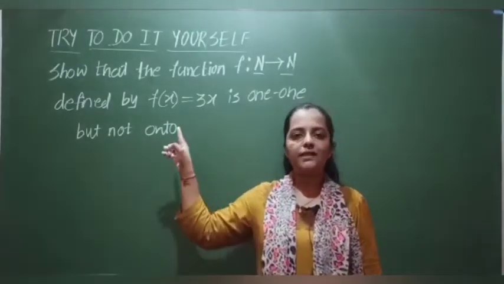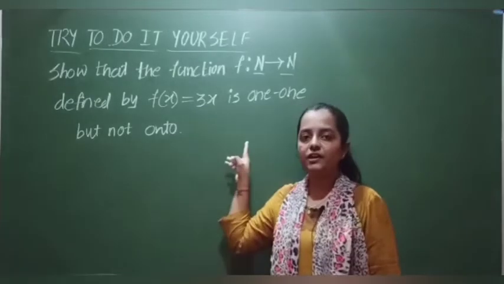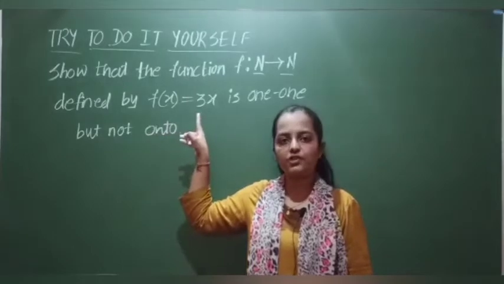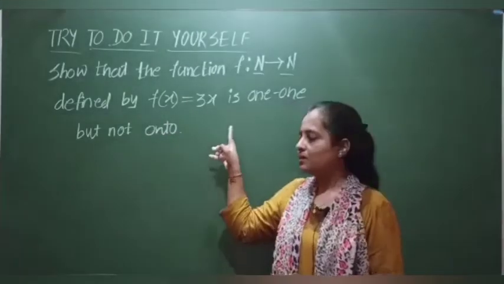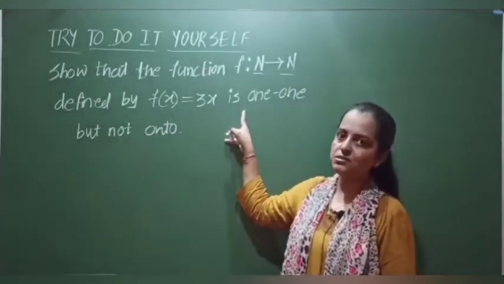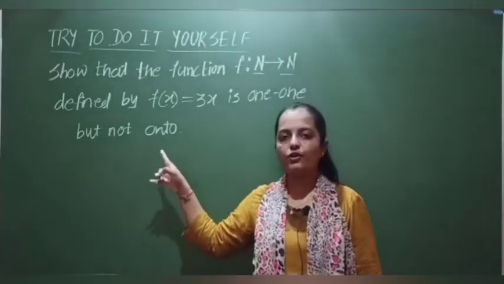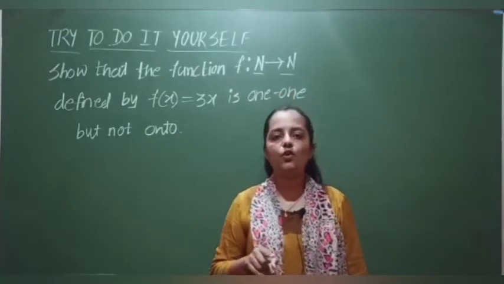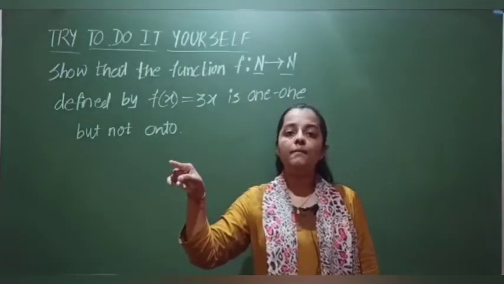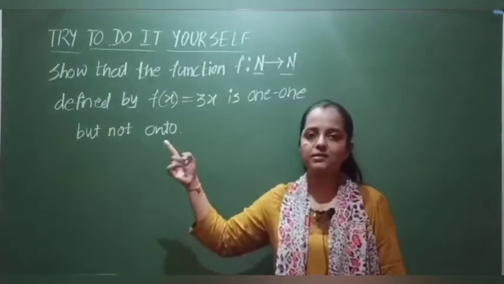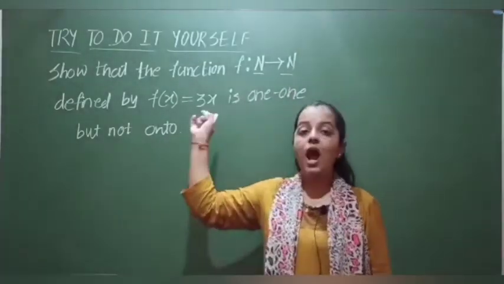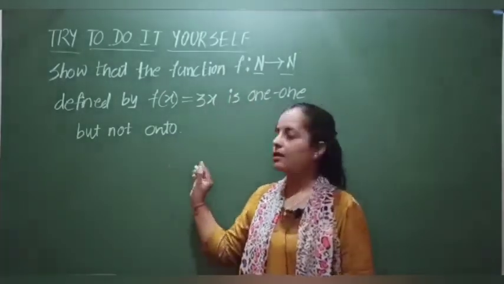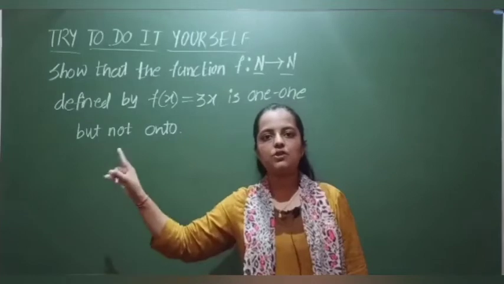How to show? All the elements in the domain are having different images in the codomain. So you have to show, taking f of x1 equal to f of x2, that x1 is equal to x2. Then we can say the function is one-one function. So this is not onto. You can take generally, let y belong to N be any arbitrary element in the codomain, there does not exist any pre-image in the domain. Or else take any one element in the codomain and prove that a pre-image for that element does not exist in the domain, then we can say the function is not onto.